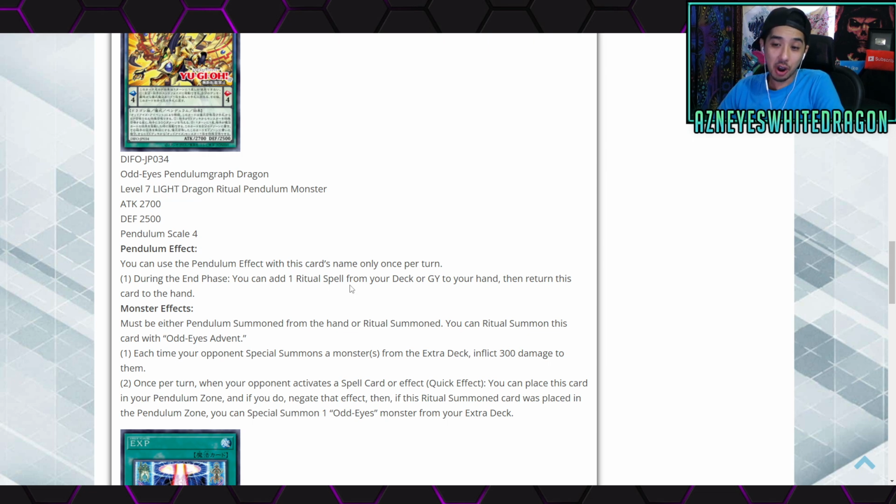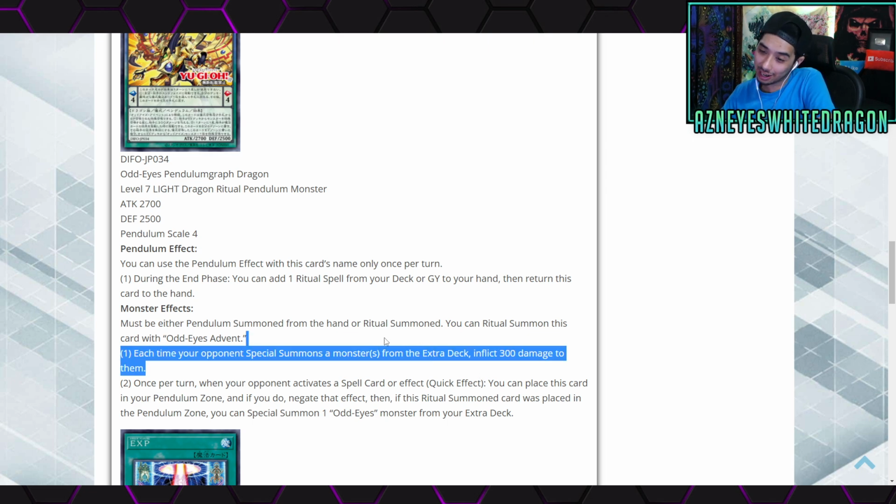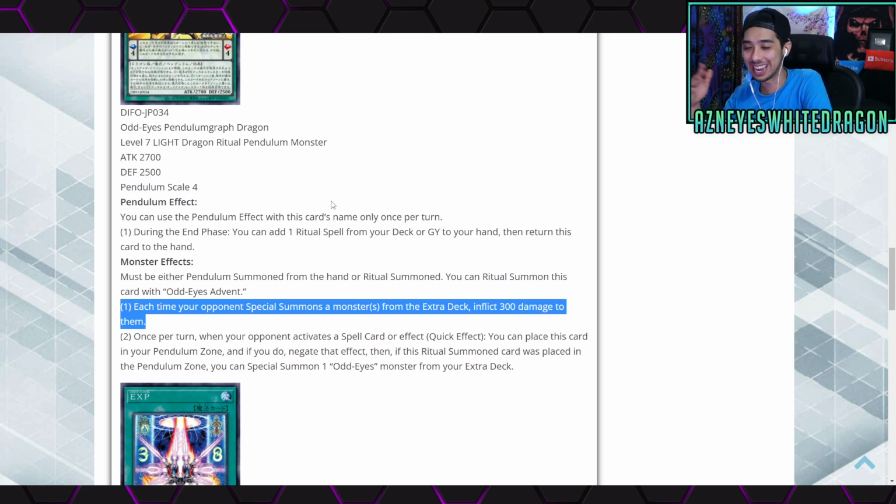Monster effects must be either Pendulum Summoned from the hand or Ritual Summoned. You can Ritual Summon this card with Odd-Eyes Advent. The first part is, each time your opponent Special Summons a monster from the Extra Deck, inflict 300 damage to them. I mean, in some decks you could actually just OTK them with that effect alone, depending on what deck it is. But the second part of the effect is, once per turn, when your opponent activates a spell, card,